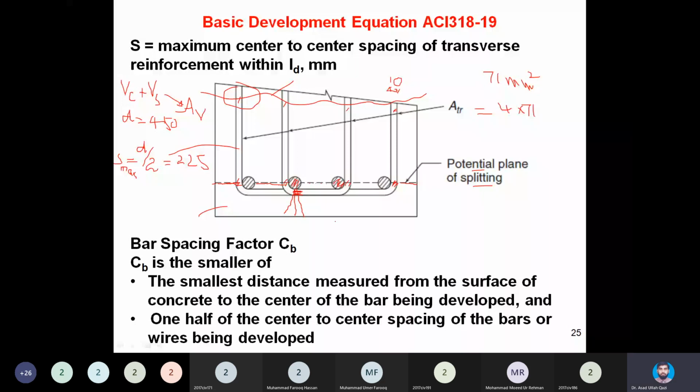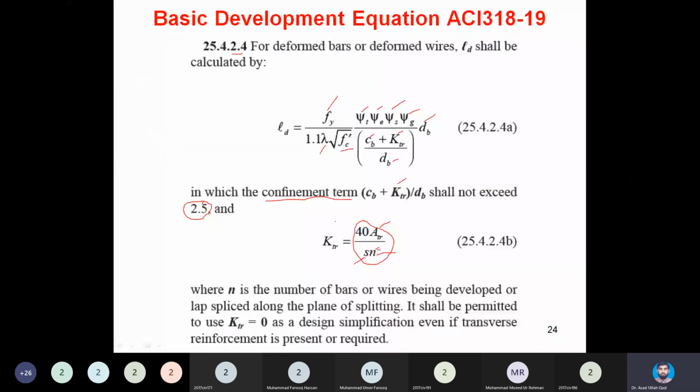Here in this equation, I will be substituting the ATR, spacing, number of bars to determine KTR. It is mentioned underneath that ACI allows you, as a design simplification, to use KTR equal to 0. This is a big